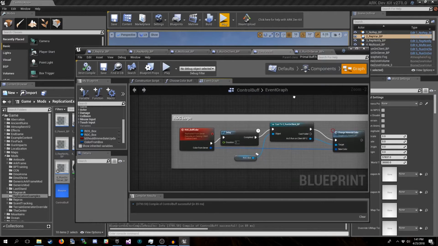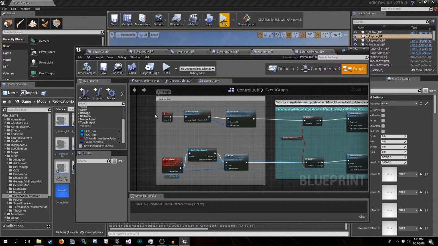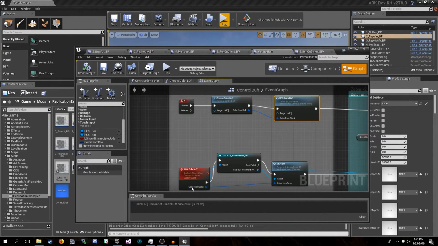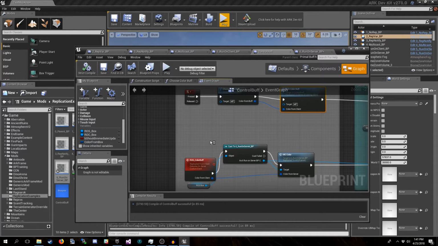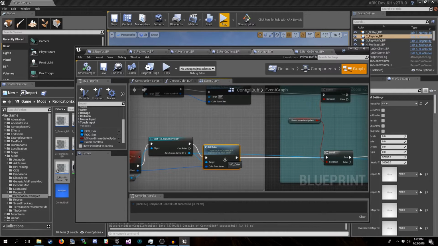So for now, go ahead and ignore that section. That's getting it called for example 5. This is for example 6. So we've enabled input. So the idea is that when I press Y, it should choose a color, call a run on server event that passes the linear color value from the owning client to the server, and then here it grabs the value of ROS box, the reference to that, to example 6's actor instance, casts it to that type, and then tries to call the multicast color event from external.